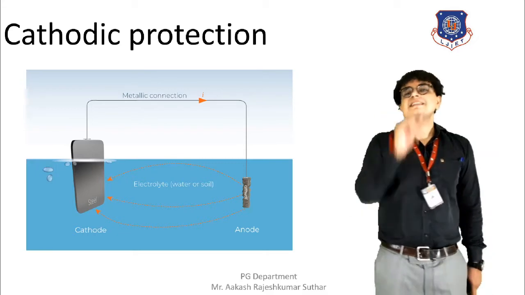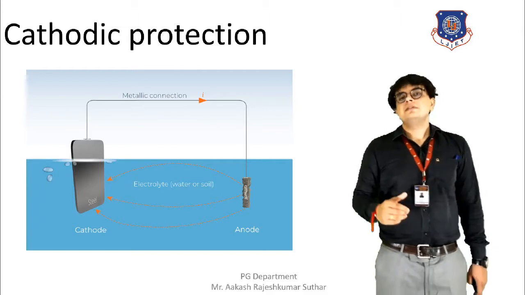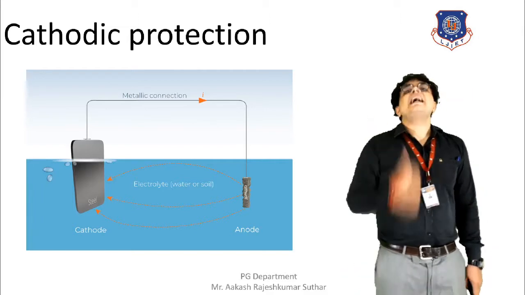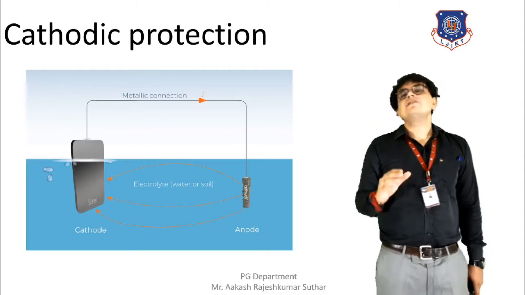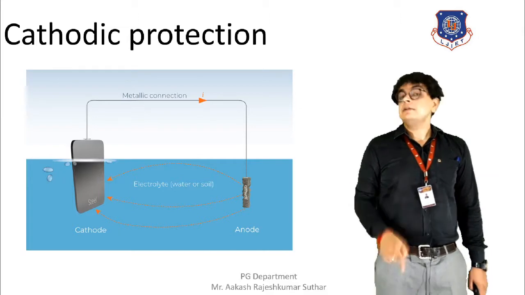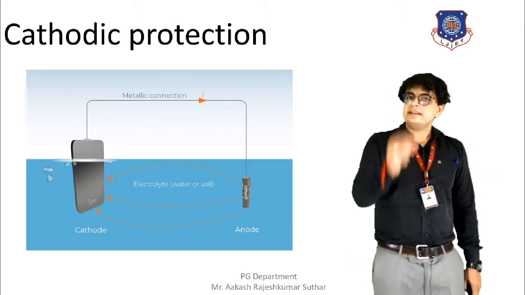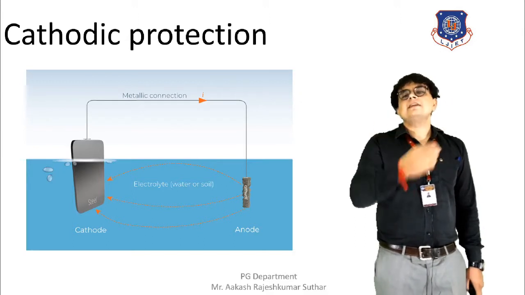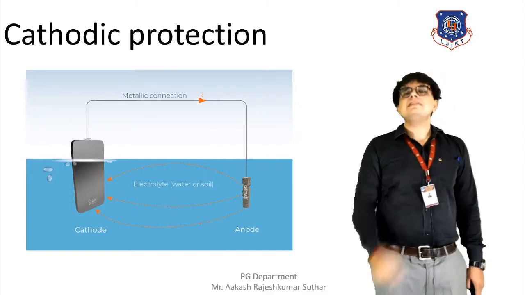We are using zinc, aluminum and magnesium as an anode, and it is being connected to metals like iron that are easily corroded. So in such a condition, iron will be our cathode. That iron we have to protect from the corrosion. At the same time, out of the three materials, for example magnesium, aluminum and zinc, whichever we are using will be the anode.